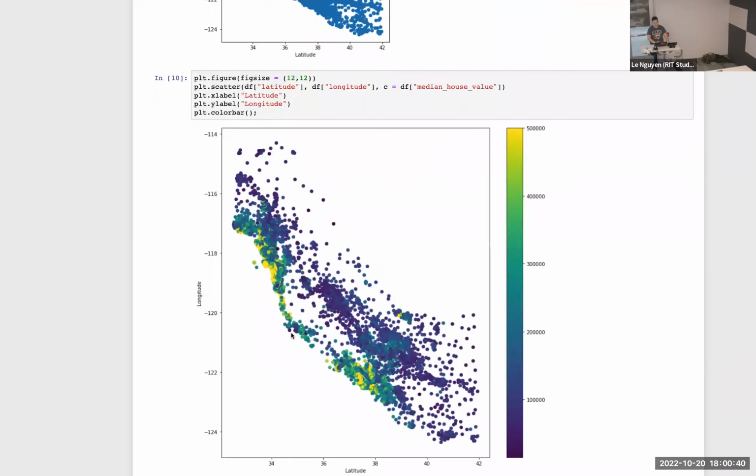I think we saw a similar plot a couple weeks ago, but I plotted latitude and longitude and colored the dots with the median housing value. So now we can see clear clusters: the very expensive houses are near the coast. This should be ocean, but I'm not fancy like Tolu and plotting this over an actual map of California. So you can pretty well visualize what it looks like. So this is all coastal